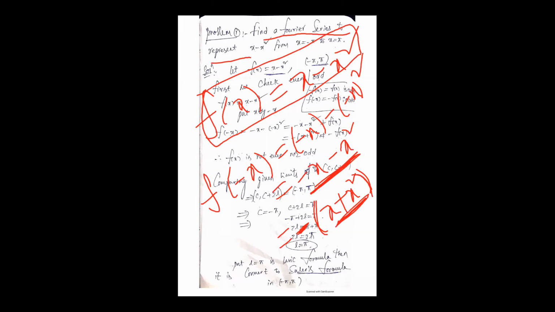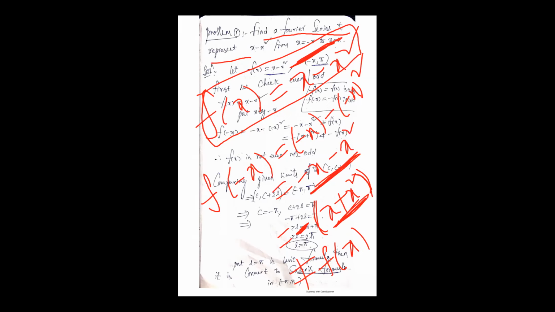So x plus x square is also not f of x, because f of x is x minus x square. F of minus x we get minus x minus x square. It is not equal to f of x. And taking common minus on the right hand side, we get x plus x square. It is also not f of x. In both conditions, the even or odd function test fails. F of minus x is not equal to f of x, and f of minus x is not equal to minus f of x. These two conditions failed, so the problem goes to Euler's method.